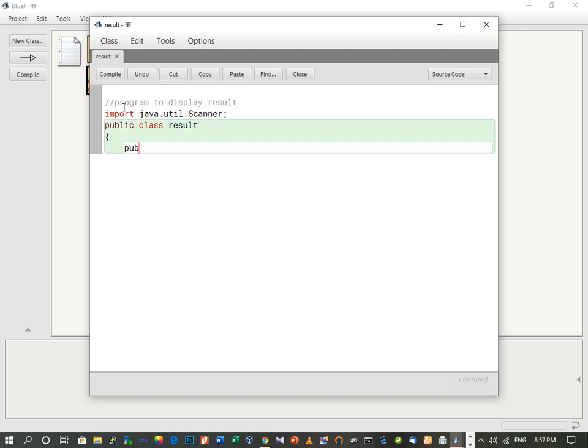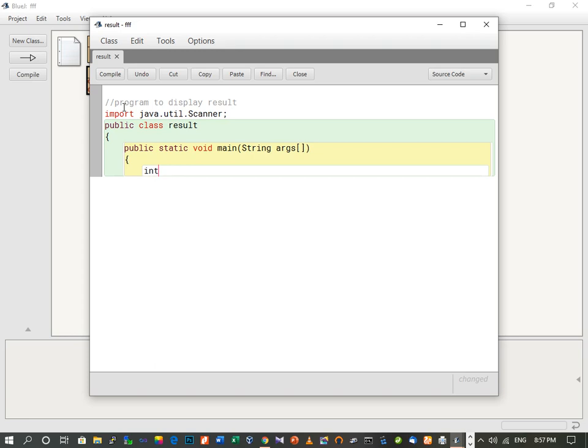Then we write down public static void main String args. Now we have to declare a variable where we will accept the value of marks from the user.